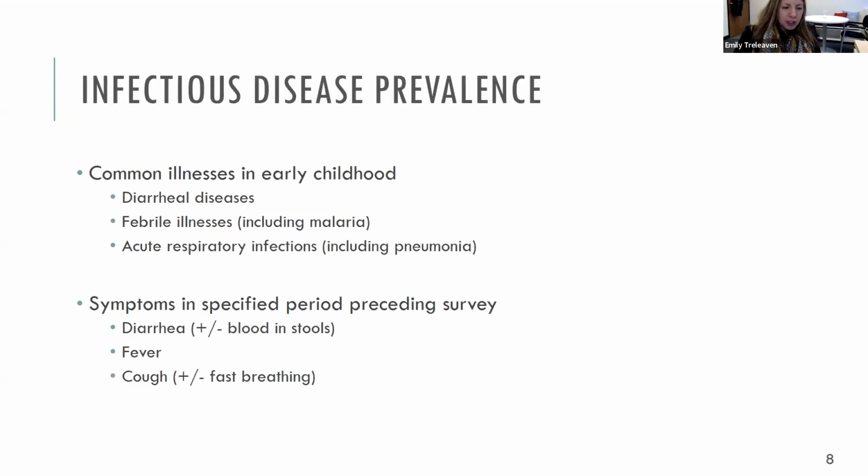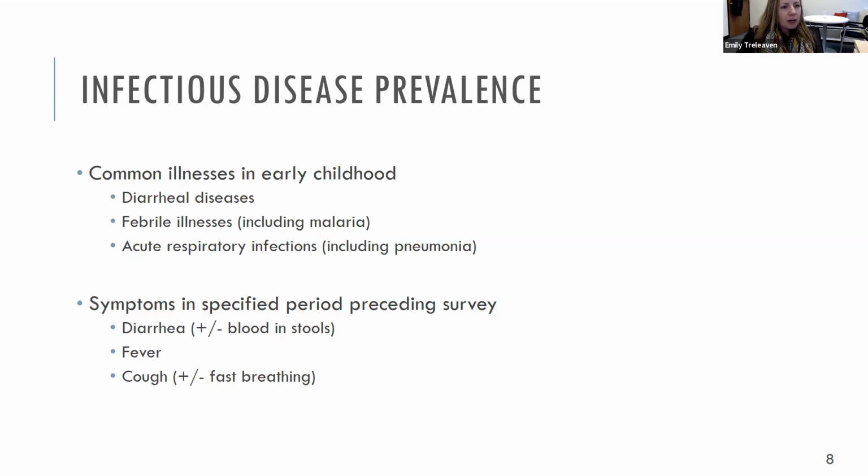And then finally, particularly in high mortality areas, we're really interested in examining infectious disease prevalence and incidence. So common illnesses in early childhood are diarrheal diseases. We're particularly concerned about fever, especially in malaria endemic areas. Chitwan technically is still considered a malaria endemic area, although my understanding is that there has not been a recorded case in over 30 years. Though there are certainly many other infectious diseases that are prevalent there, for which fever would be an important symptom.